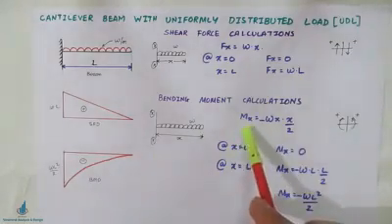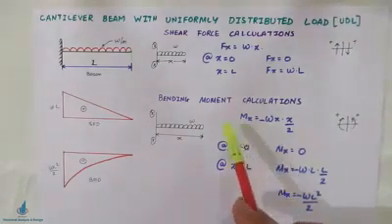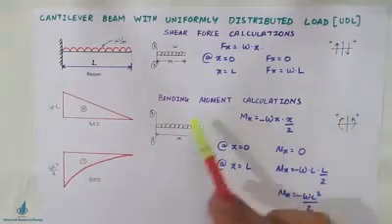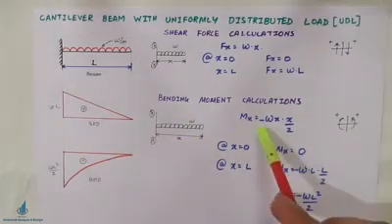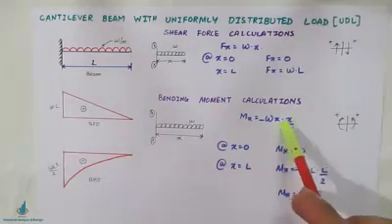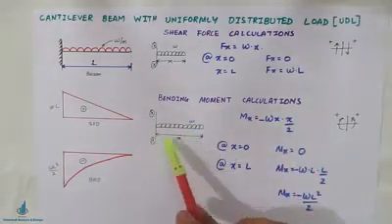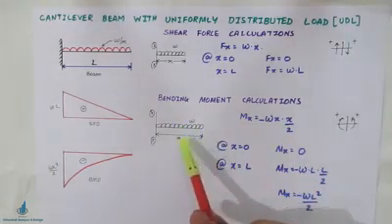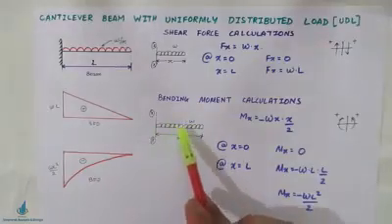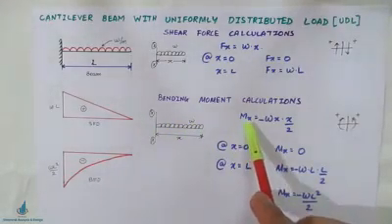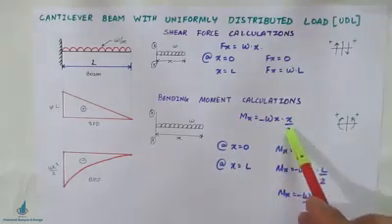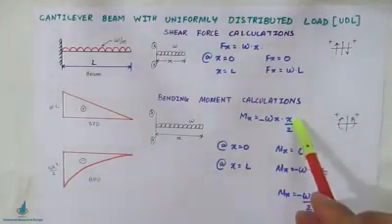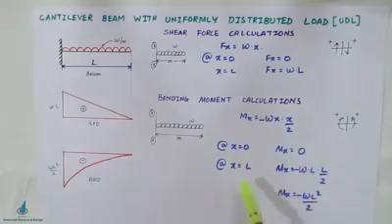Mx is the notation for the bending moment equation. Our load is acting in the clockwise direction, but anti-clockwise is positive, so our equation will be negative. Wx is the load, and it acts at a distance x by 2, in the middle. So the bending moment equation will be minus Wx into x by 2. The variation will be parabolic while drawing the bending moment diagram. Again there are two values, x equals 0 and x equals L.